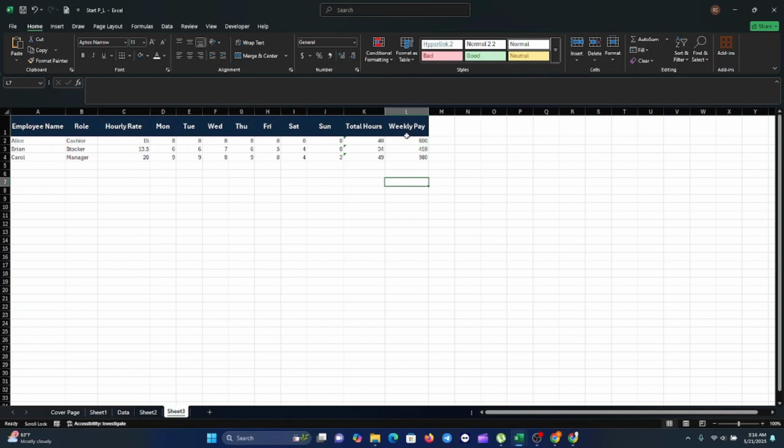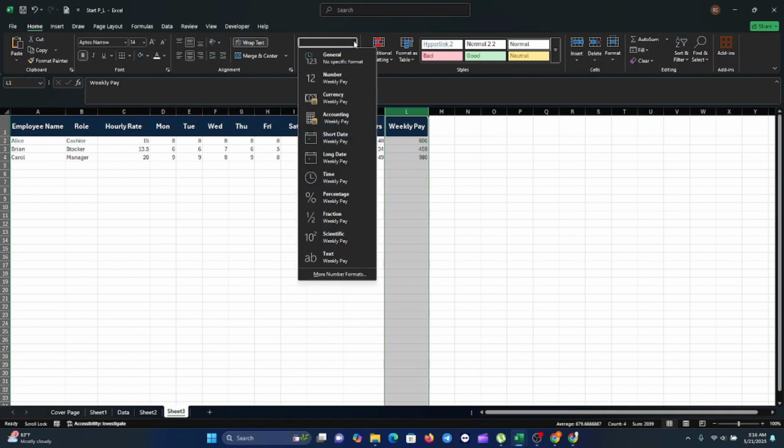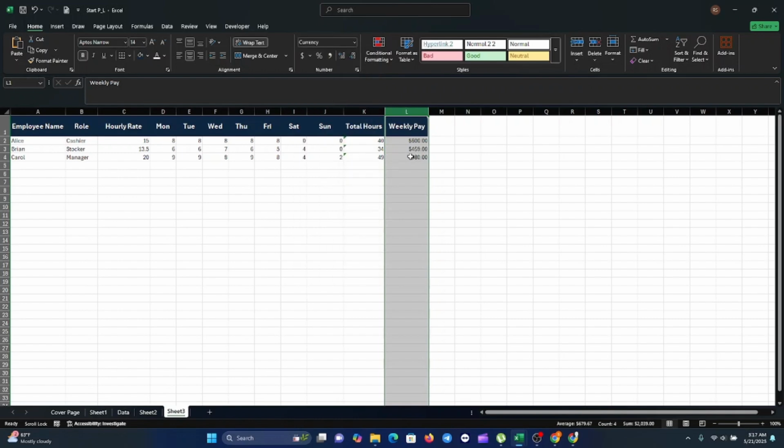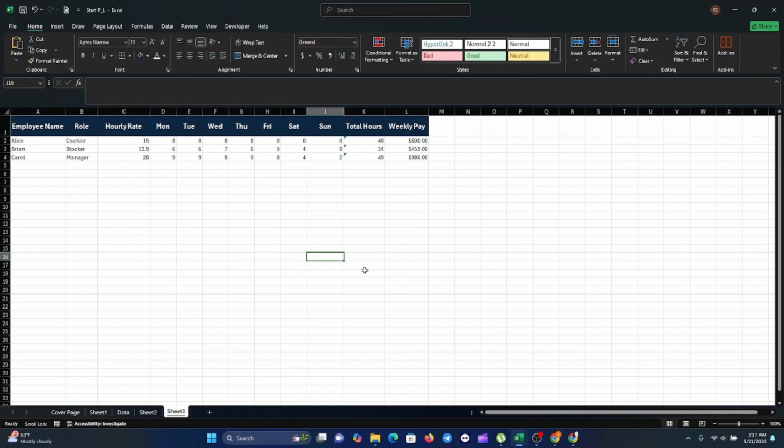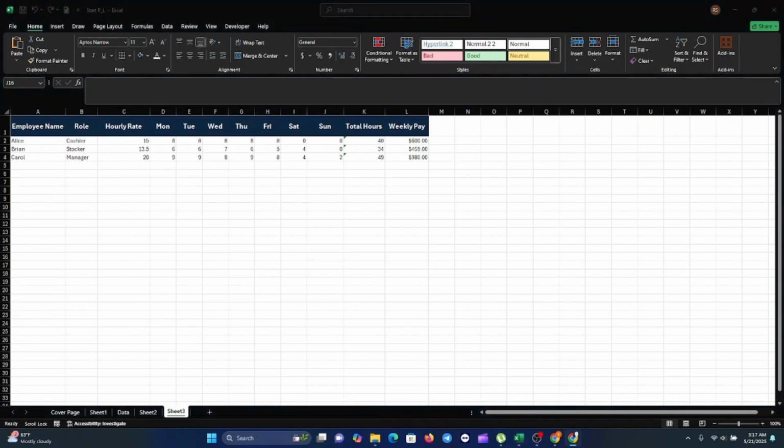You can also edit these into numbers by just going into currency. You can click on currency like this, then you change it into the dollar sign. It looks like that. So that's how easy you can calculate the hours worked of your employees